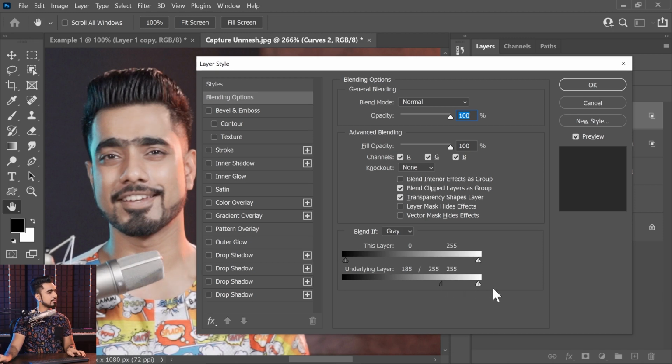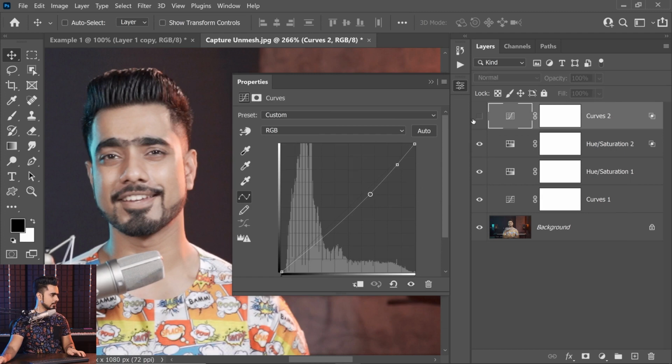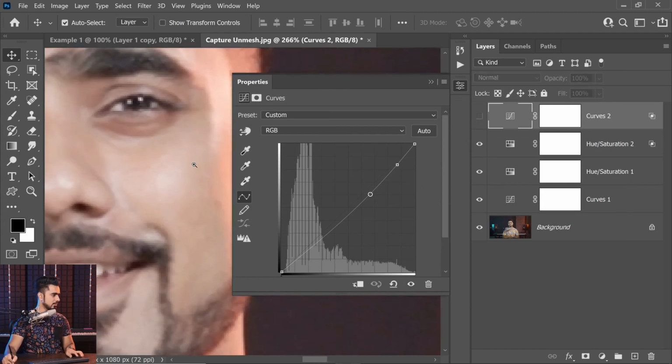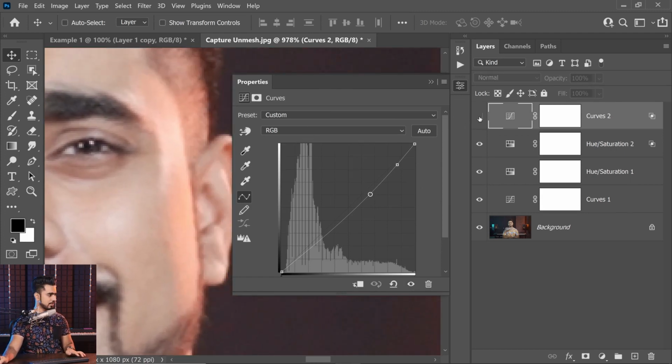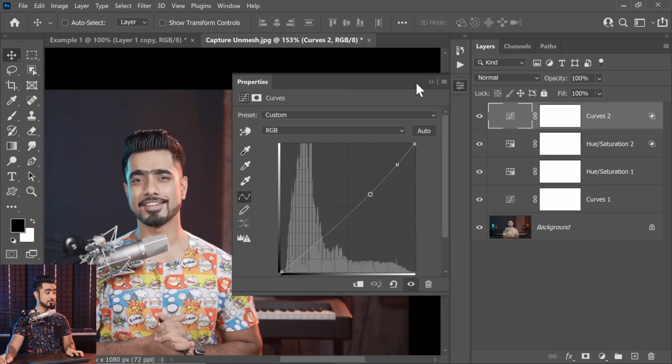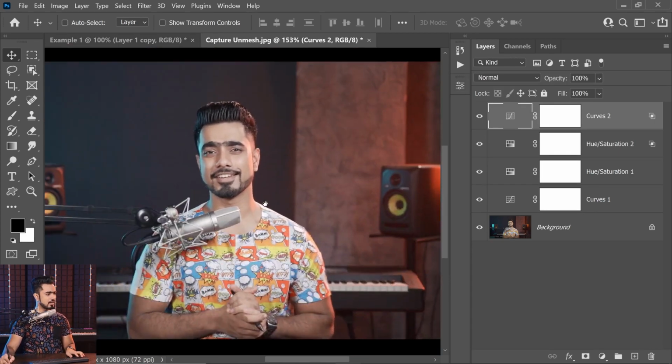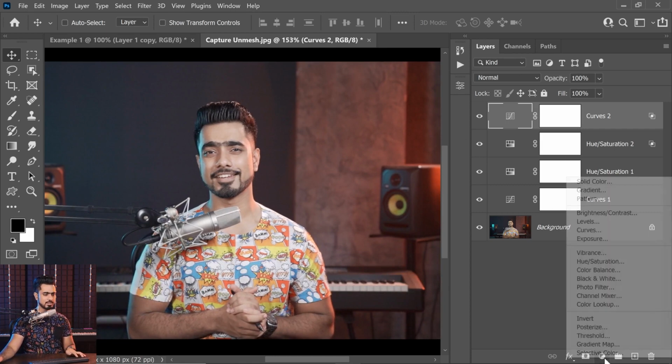And let's do it. Okay, hit OK. So there you go. See how it's taking away the highlights? Let me show you the before and after. Here's the before, here's the after. See that? It doesn't look like much, but to me it does. Now, on top of that, again, you can just keep on creating curves and adjustment layers, but I feel that